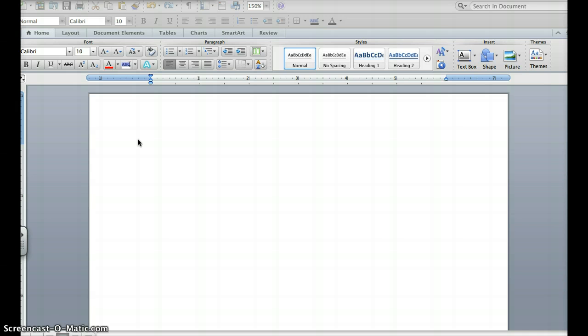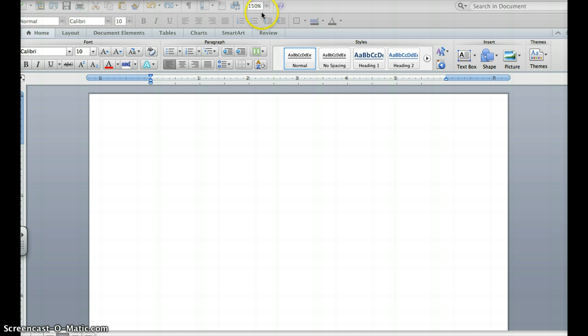Alright, so today we're going to take a look at the Microsoft Word interface, and more specifically we're going to work on formatting your actual document. So we're not talking about fonts or tables or graphics. We're talking about the literal page and the tools that will help you to make the most of it. Now, our first